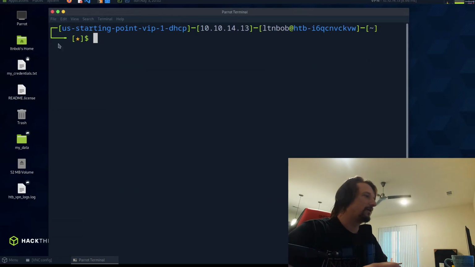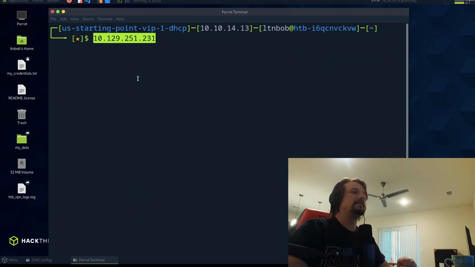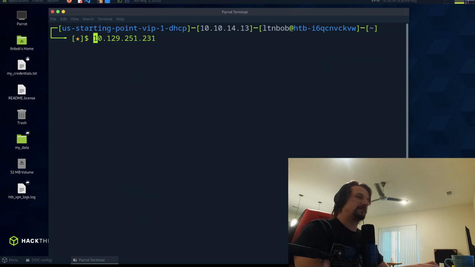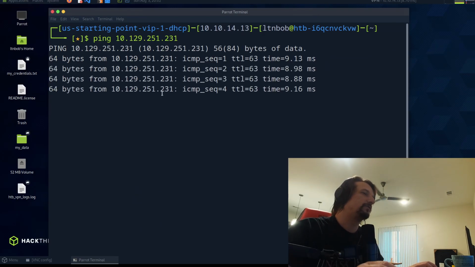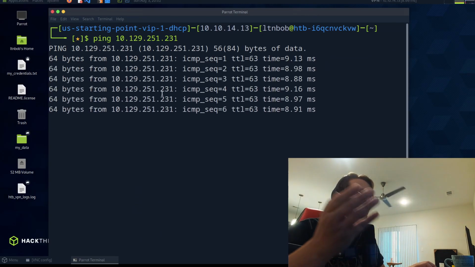All right, so we are here, and it looks like the box is spawned with an IP address. I'm clicking the IP address and pasting it in. We're going to ping it. Remember, just make sure you can actually receive pings before you try to hack it, because if you